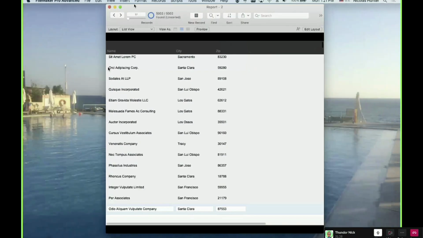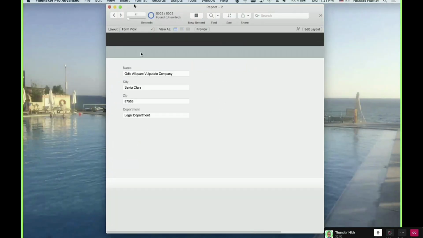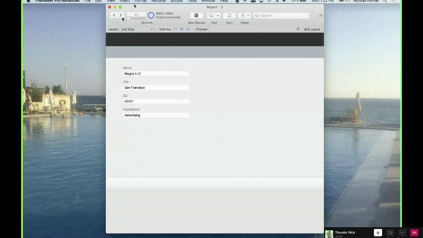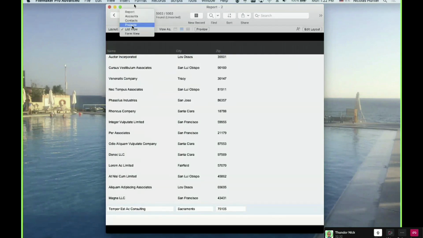So pretty much the difference between the list view and the form view is this. Here I'm displaying one by one, and here I'm displaying multiple at the same time, but I can have only one active. Going to the next or previous record is exactly the same action. Here you display only one record at a time, and here you display multiple records at a time.